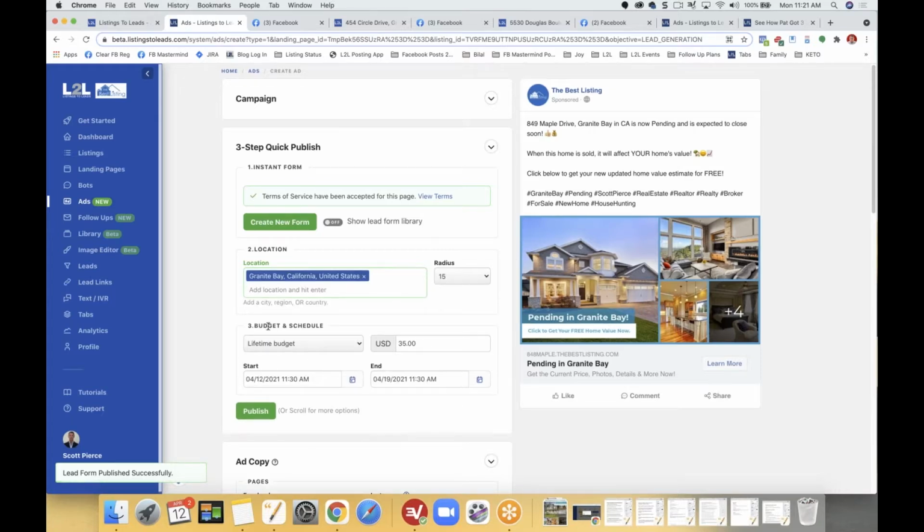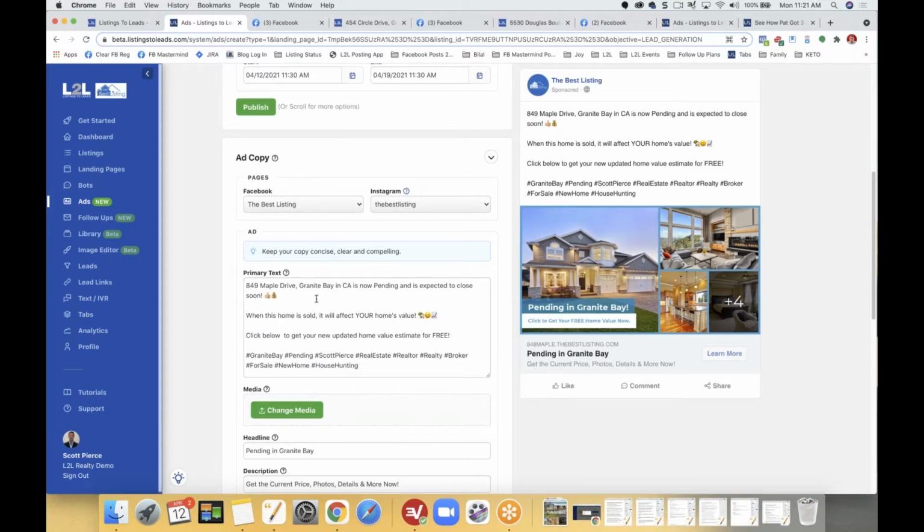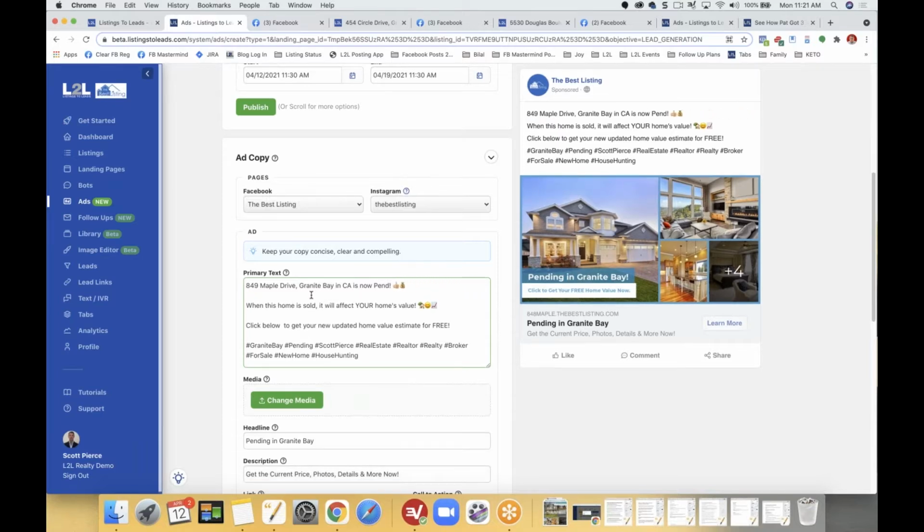Step 3, confirm budget and schedule. All right, now if this is your listing, you're the listing agent on a pending listing, and I also recommend this for just sold. I know there's some different ideas on whether it's a good idea or not, but just to show you, I can come in here and do like 849 Maple Drive, Granite Bay, California is pending with 8 offers